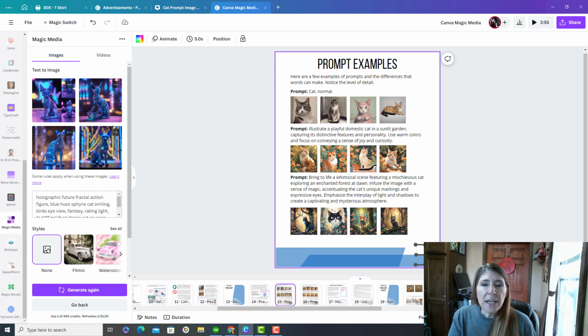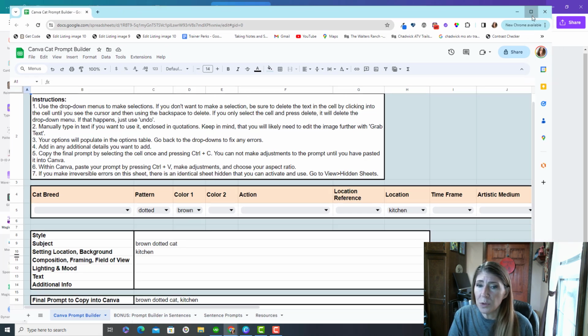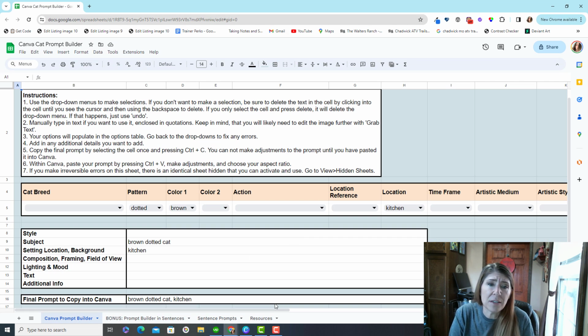But honestly, writing prompts like this takes a long time. And I was having problems trying to remember all of these words I could use and all the graphic design lingo and the photography lingo. It was a lot to take on. I'm still kind of learning about it. So I created this spreadsheet. Okay, it's an automated prompt builder. And it's focused on cats,